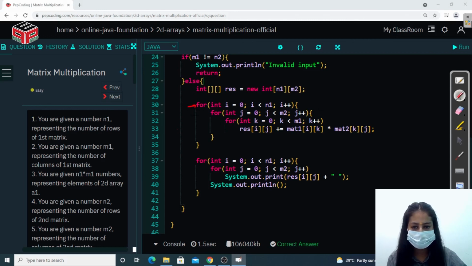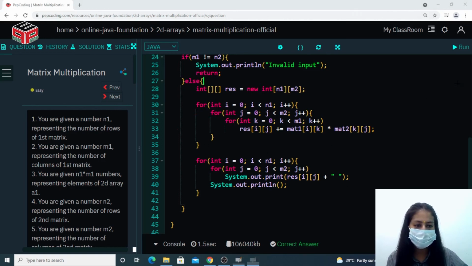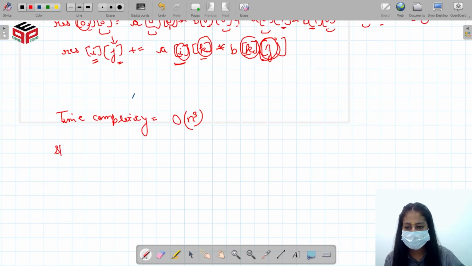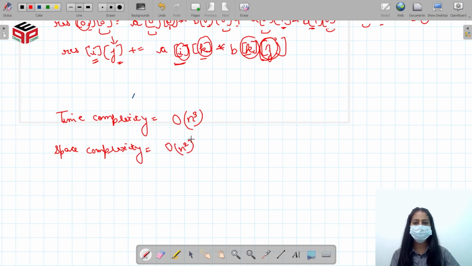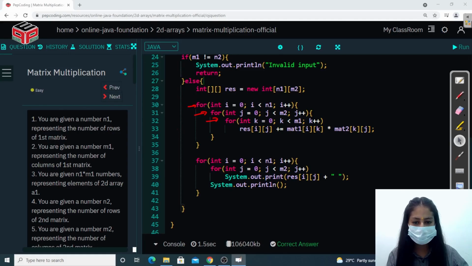And the space complexity for this will be n square. Since we are using a 2D matrix, the space complexity will be n square, right? We are storing the result in a resultant matrix which is 2D, so the space complexity is n square.